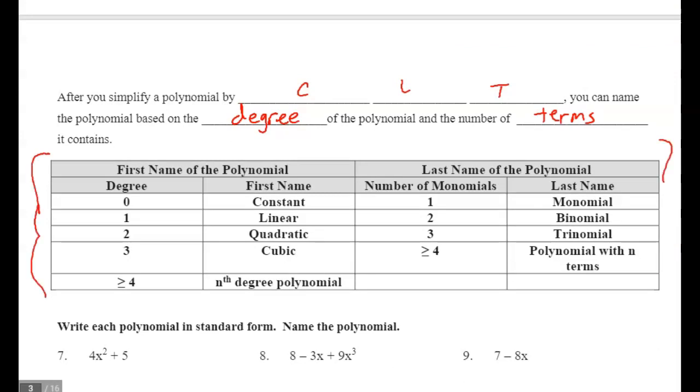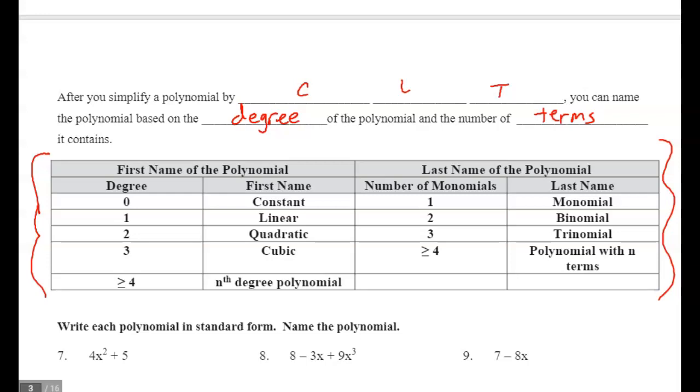You guys need to be familiar with this. In the past, it's not something that kids can have out on tests and quizzes, so you guys are on the honor system to know this. So if we just look at the degree,